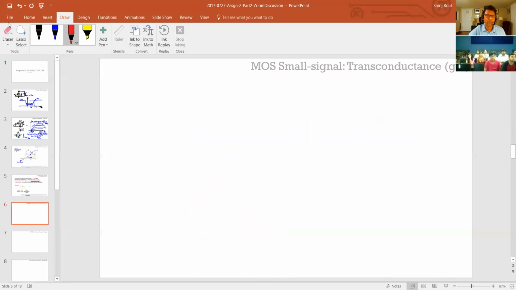So I'm going to start with the rest of the material, and I think I'm just going to jump straight into the small signal of the MOS transistor. So the first thing we're going to talk about is the transconductance, and that's probably one of the most important parameters of the transistor, this transconductance. And the transconductance is